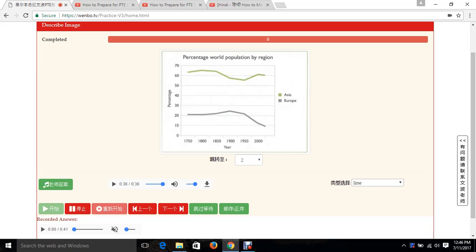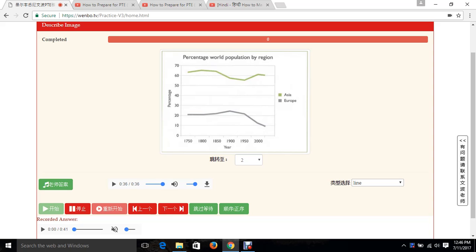This graph has mainly two main parts. First is the heading, and then the x-axis and y-axis. We have to keep in mind what the unit is; in this case it is given in percentage, sometimes it is given in milliliters. This is the main thing in the y-axis, and in the x-axis we have to see the starting year and the ending year. So in the first 10 seconds, just read whatever is given in the graph.